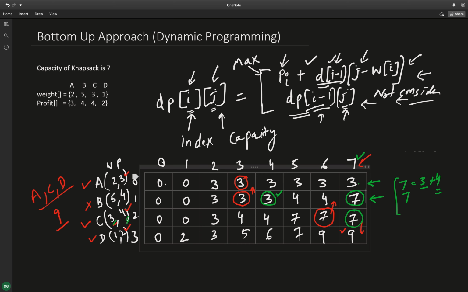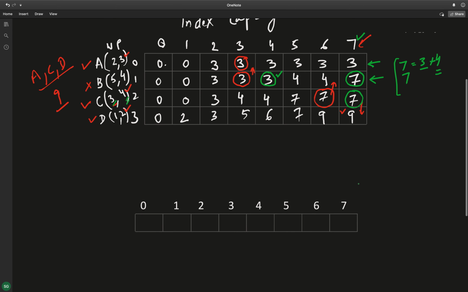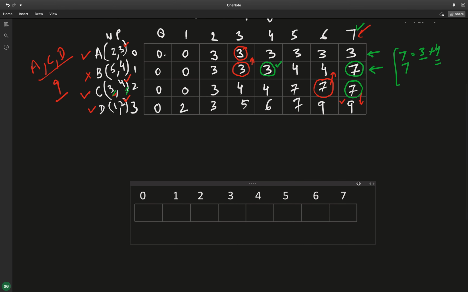Here I have taken a single dimensional array, and first of all we will look at item A. For item A, I can simply fill this array starting with capacity 0. This single dimensional array is also of size capacity plus 1.